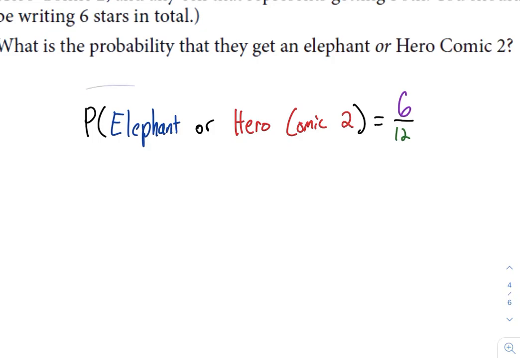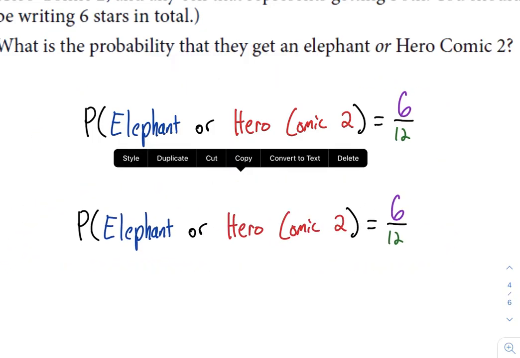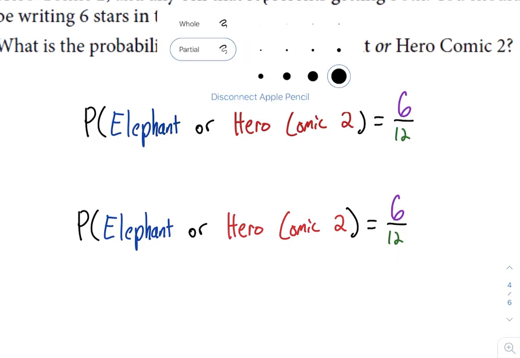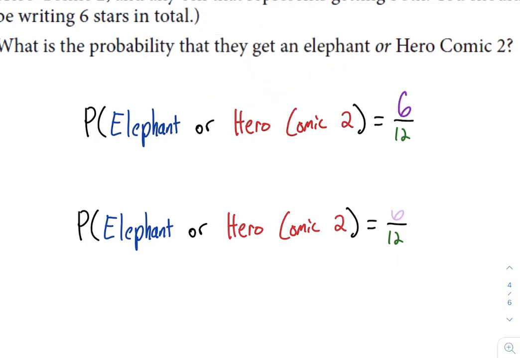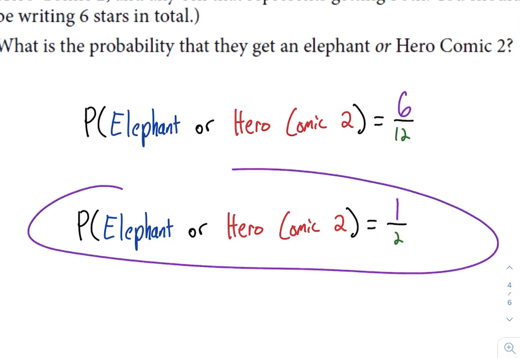Now again, you need to reduce this. 12 and 6 have a common factor of 6. They could both be divided by 6. So 6 divided by 6 is 1. And 12 divided by 6 is 2. So in this case, the probability of elephant or Hero Comic 2 is going to be 1